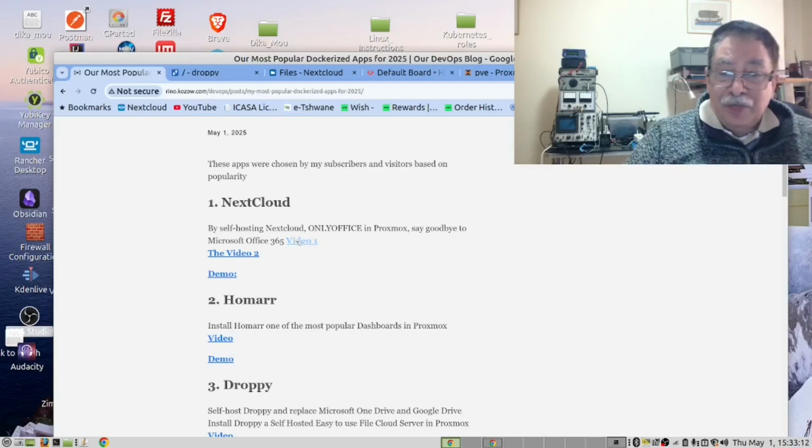However, in the first video, we are showing you a simple way to do that using Dockge or Dockage, as some people call it. And in the second way, the Docker Compose file that we provide you, we then use that with a Docker Compose command to install Nextcloud.